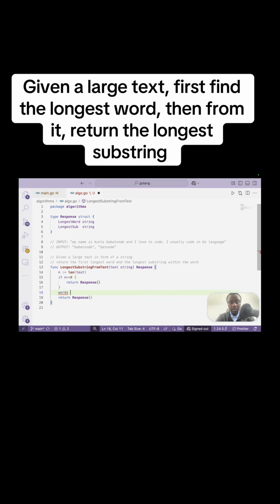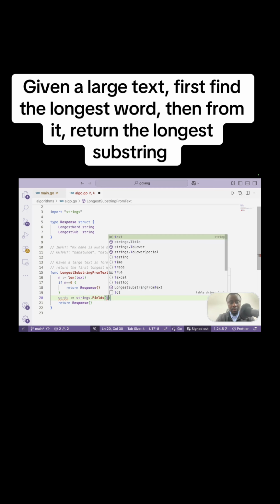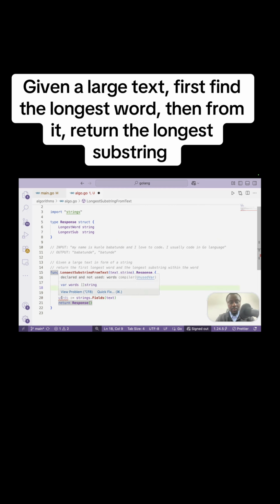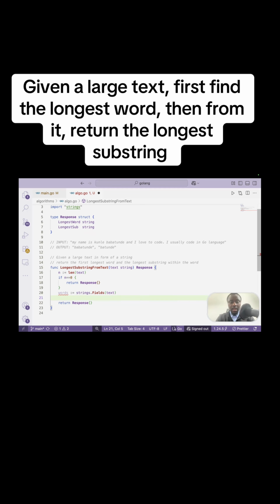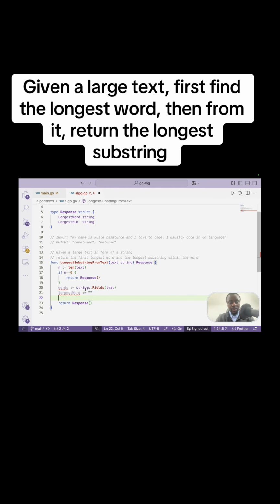So I can say words equals, I'm going to use strings.Fields. This now is an array of strings, as you can see. Now it's an array of "my", "name", "is", so each one of those. That's awesome. So now let's look for the longest word. Let's say the longest word, we don't know what that is, but we can say for each word in range of words,